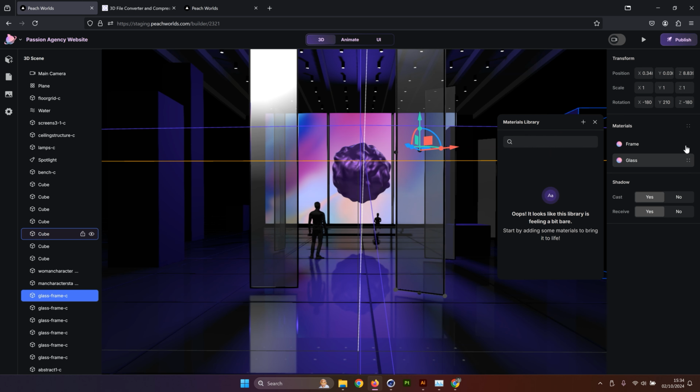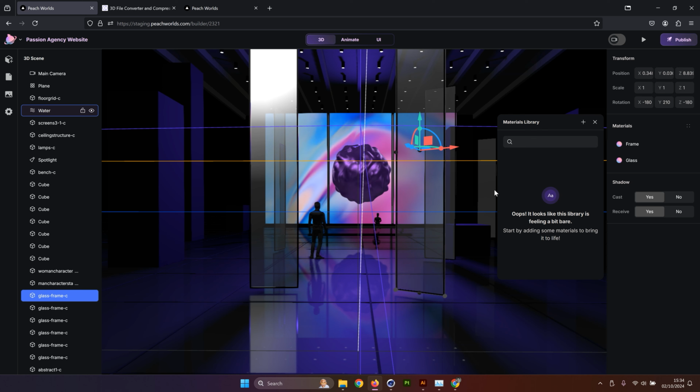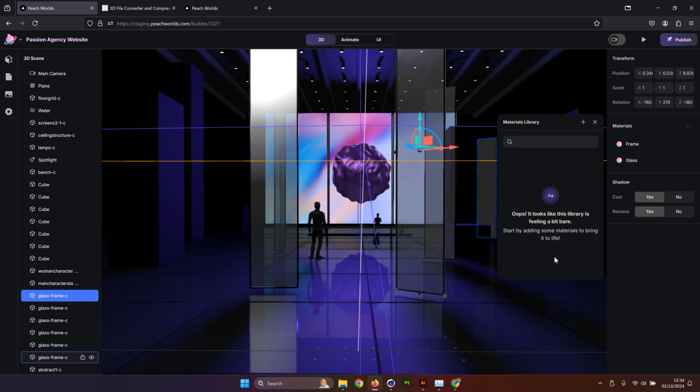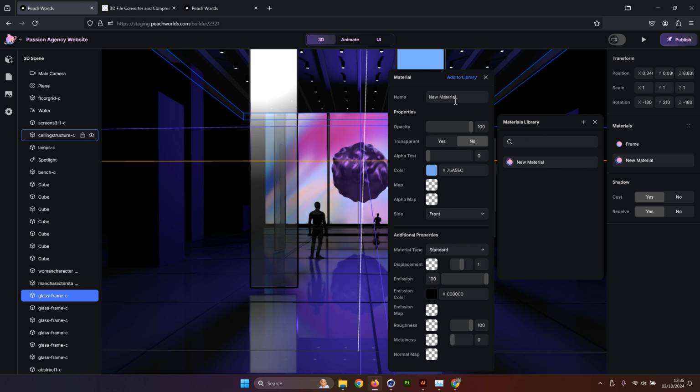If I click this icon, I'm going to have a materials library panel opening. At the moment, there's not much here, and that's why it says that the library is feeling a bit bare, and then we can start adding some materials. So what we're going to do now is add a new material by clicking this little plus icon here, and we're going to call this material glass